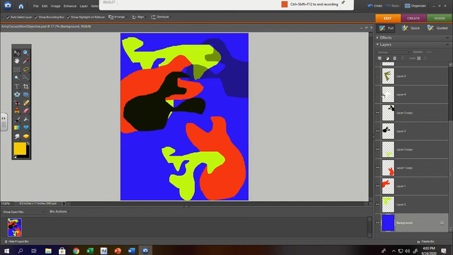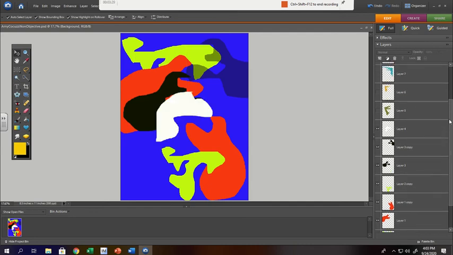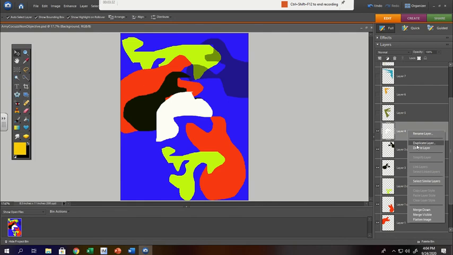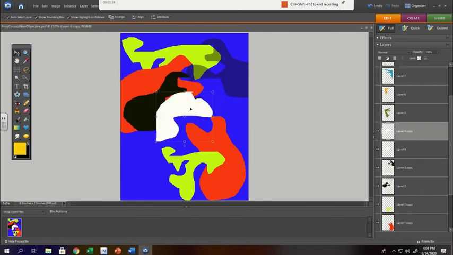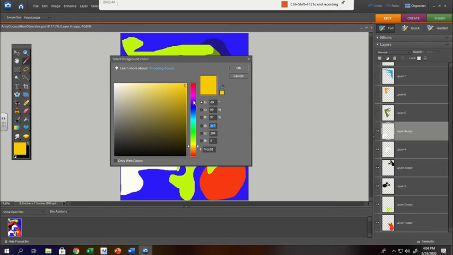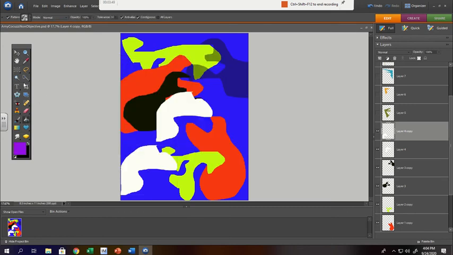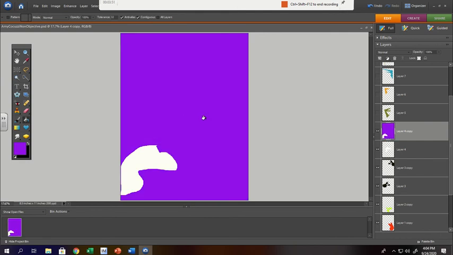Okay, so basically what I'm going to be doing is working with each layer, and I can duplicate them, I can delete them, I can add layers. You can change the color of layers, okay? So let's say I decided, you know what, I don't want this to be white. I want it to be purple. If I wanted it to be purple, I could take my paint bucket and I could fill it in,